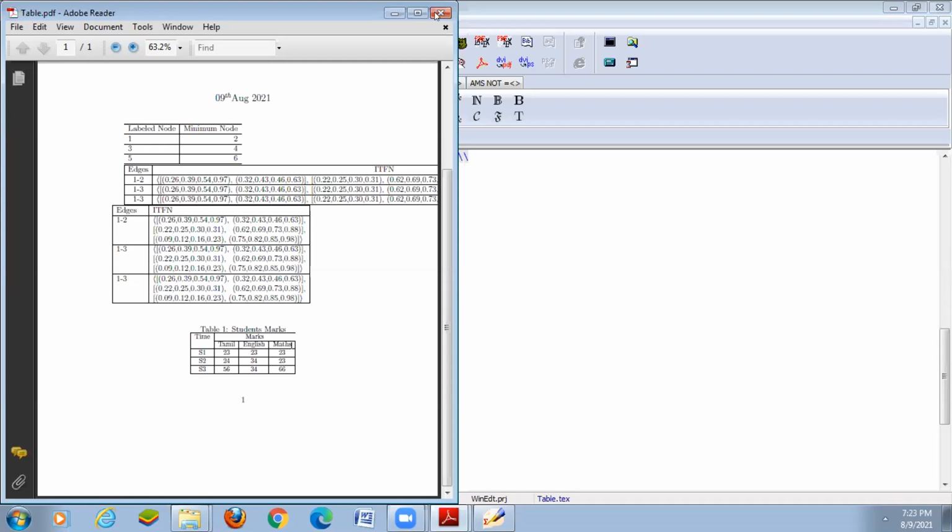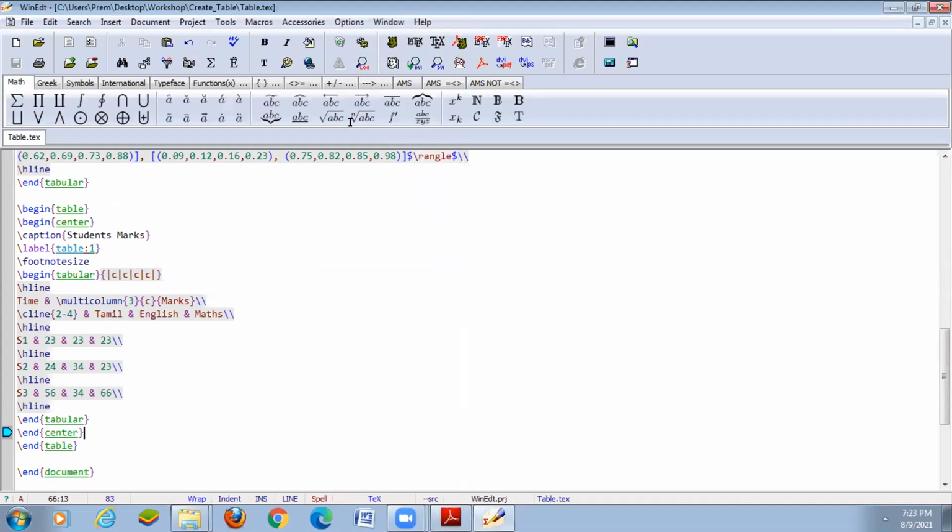Suppose you are writing some other paragraph and you have to refer to table number 1.